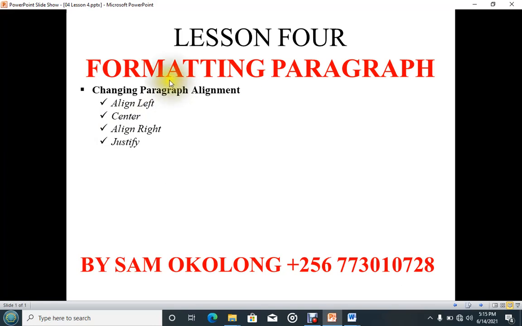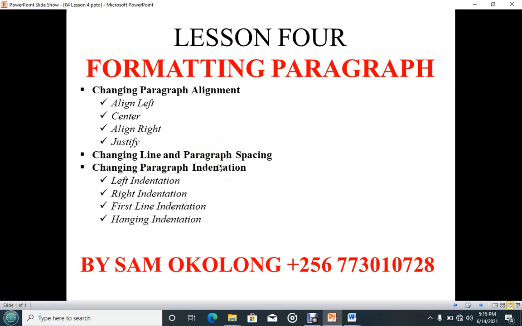After changing the paragraph alignment, we also need to look at changing line and paragraph spacing. Line spacing simply means a gap between two or more lines. Paragraph spacing refers to a gap between two or more paragraphs.